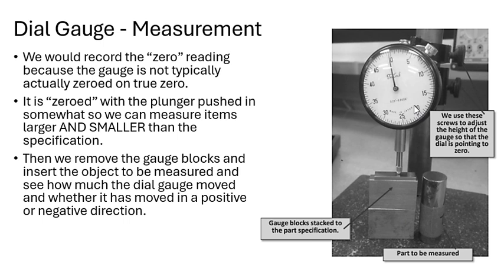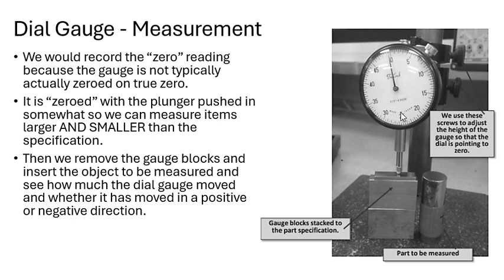You'll definitely record your zero reading, because your gauge is not typically zeroed on true zero. So this is your zero right here with the pointer. This is where we're zeroing this reading. A foreign student may have some issue here. I'm just trying to tell you that you have to zero out because the gauge is not set for zero. So what you have to do is use a plunger to push in somewhat